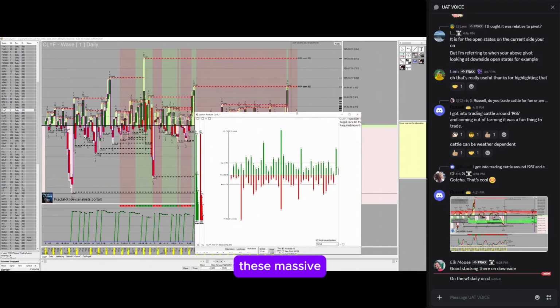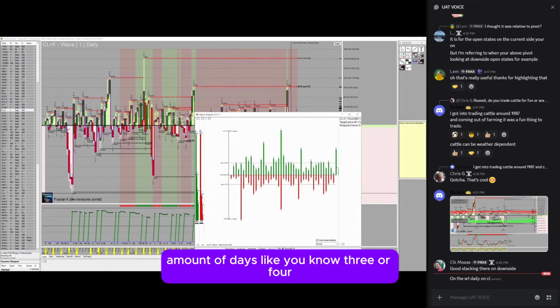these massive variances. And so we can visualize this upswing, downswing using our option analyzer. We can see very clearly that almost always these massive upside sequences get followed by equal length downside moves, or the opposite, right? These substantial downside flushes get followed, right? And so what I see here is that there's something brewing to balance it out. We're due for some kind of sequence that takes us down here in a short amount of days, like 3